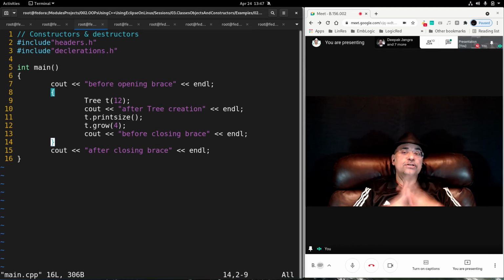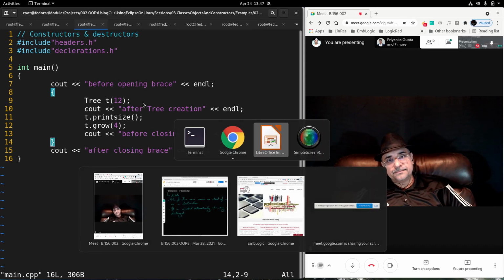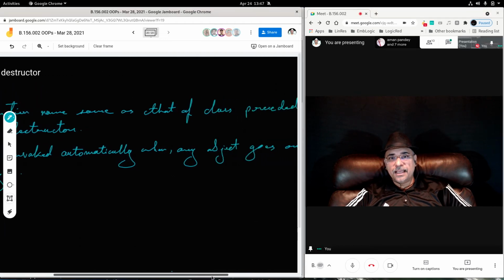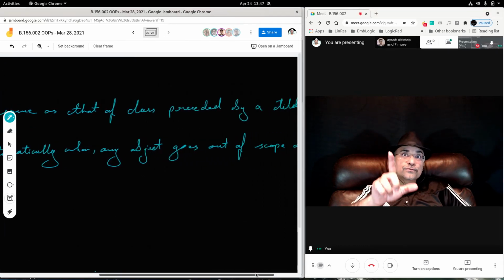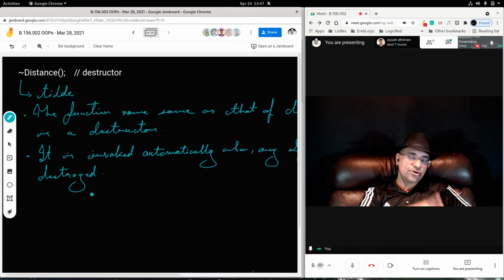Now the actual concept that I wanted to teach you through this comes now. If you look at the statement that I gave you here, the destructor is invoked automatically when any object goes out of scope or is destroyed.